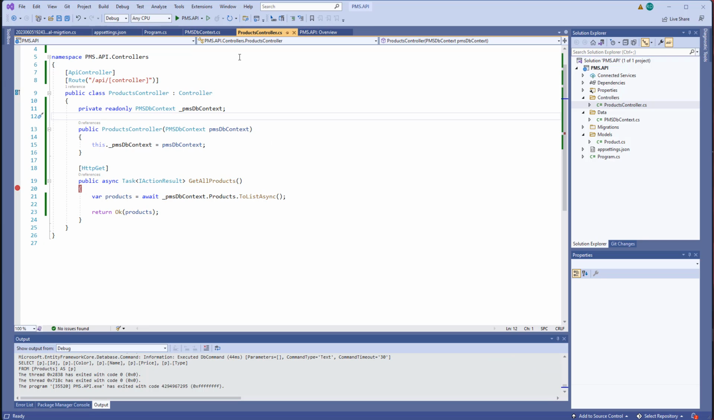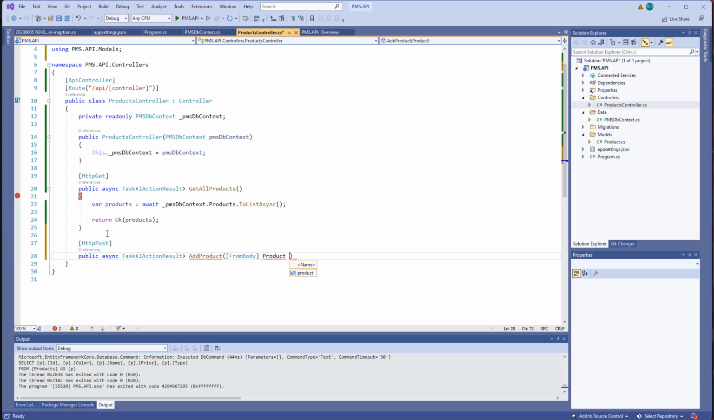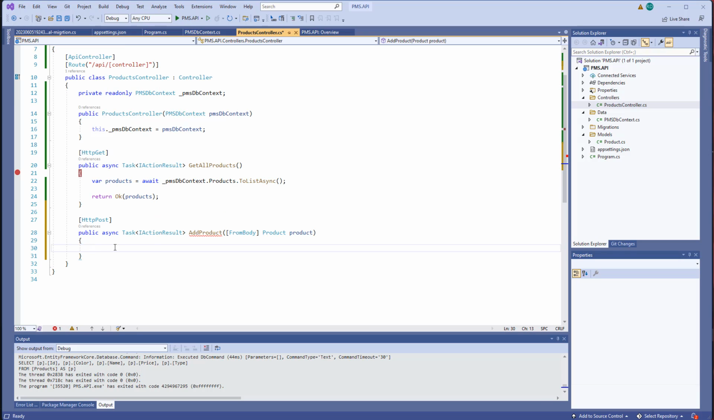Okay, now let's create another method in the controller, which is the POST method. We would like to add some products. Okay, so which is gonna be HttpPost, and give the public async AddProduct, provide the product from body, and type is Product. We have to import the models and give it a name product. Okay,